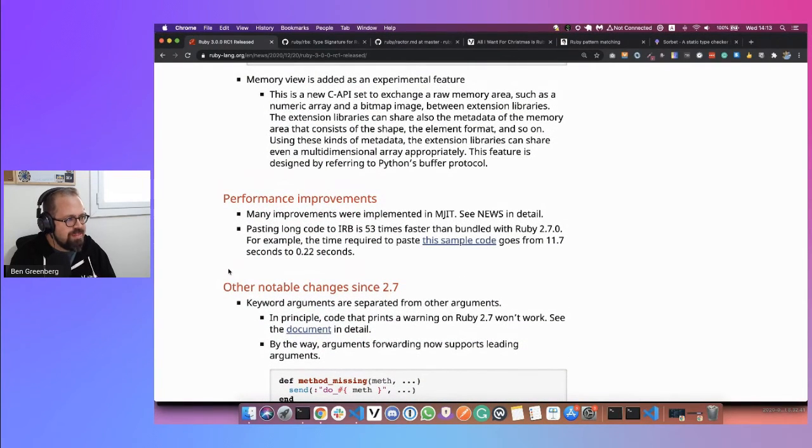Ruby, by the way, is now tremendously fast in version 3.0. It is as fast as some of those popular languages out there. By some measures, Ruby is the 6th most popular language on the internet today. By others, it is less popular than Bash. Say what you will. But at this point, Ruby now is very fast. In fact, IRB is 53 times faster in Ruby 3 than it was in Ruby 2.7, which is pretty cool.